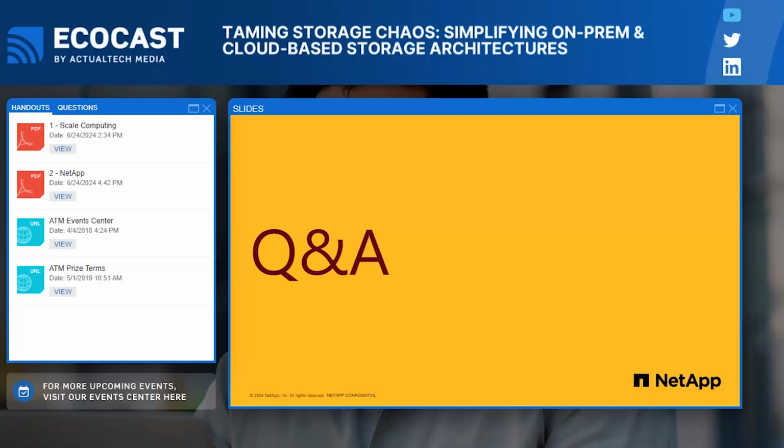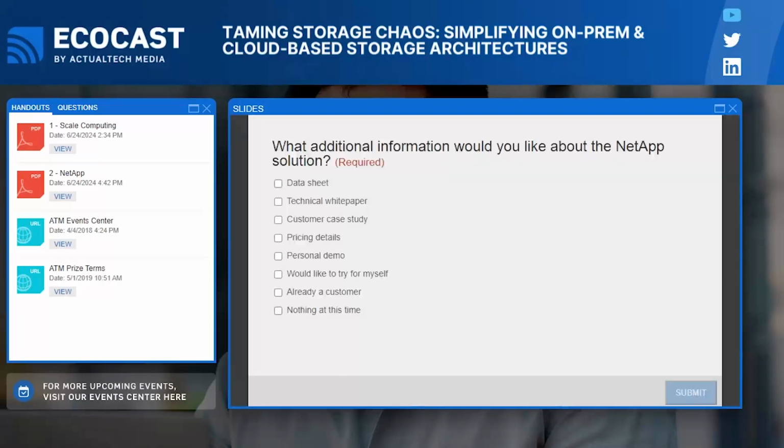Great. One thing, I am going to throw up a poll once again. Your slide is much prettier than my poll, but I'm going to throw this up anyway. Go for it. Any additional information that you out there listening would like about the NetApp solution, feel free to plunk that in. Let them know exactly what you're looking for, and they will get it to you after today's event. Easy peasy. And with that, I'm going to fire a few questions at you here, Jeremiah.